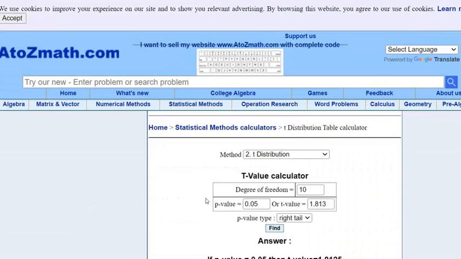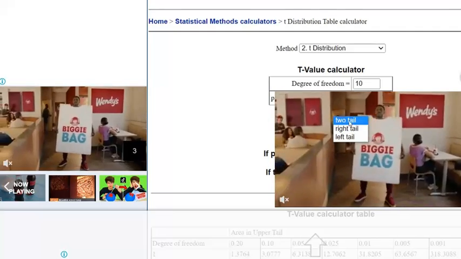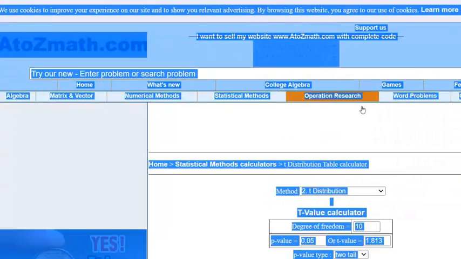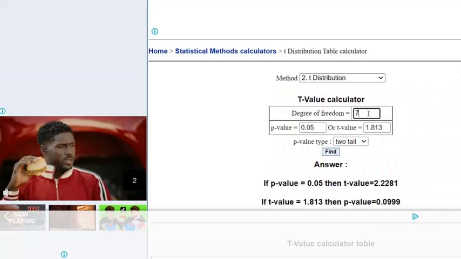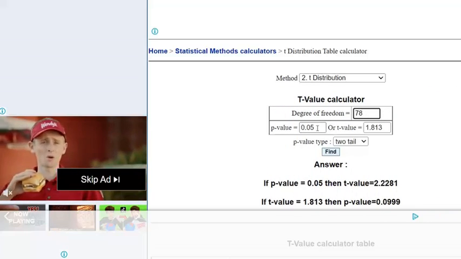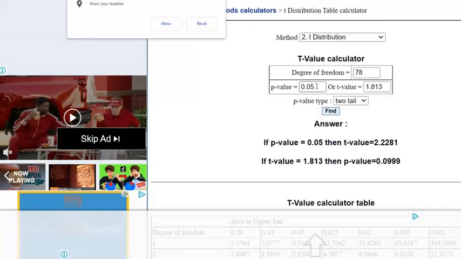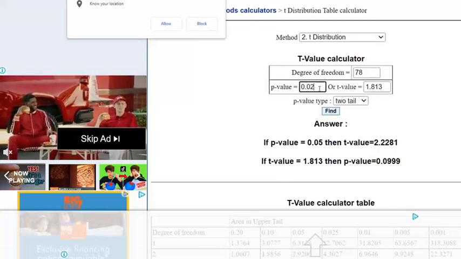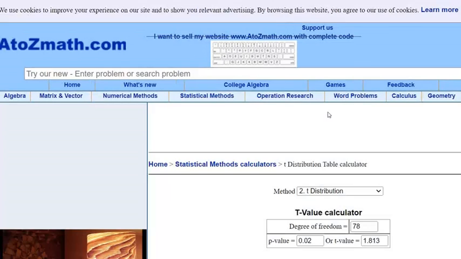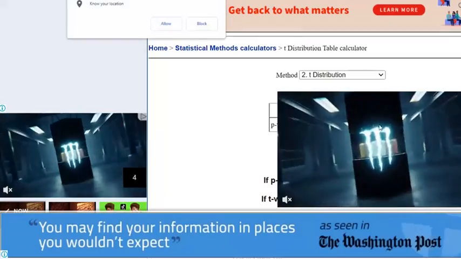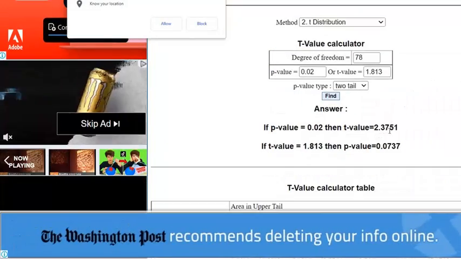T-value calculator. Yeah, this one says two-tail. So if you wanted to, it's not super fun. 78 for degrees of freedom. Okay, so the p-value, that's actually not exactly what we're doing here, but we want 0.02. That's like the area in the tails. So same thing, 2.38 is what we get from